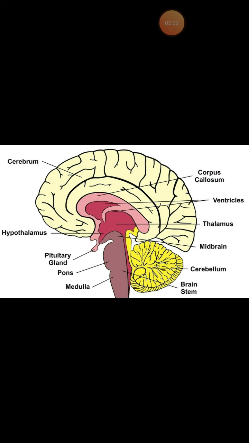So controlling and coordination is done by our nerve system. So especially two types of coordinations are there, that is nerve coordination and also the chemical coordination, isn't it? So the nerve coordination is controlled by our nerve system.